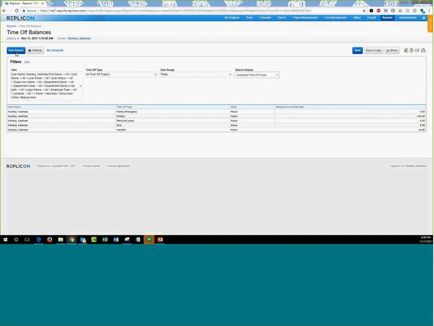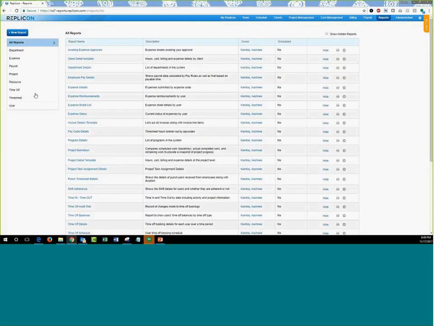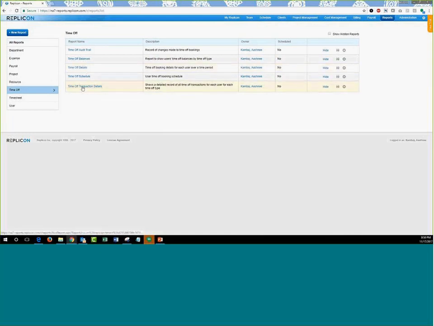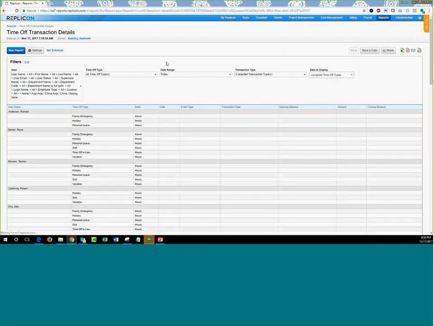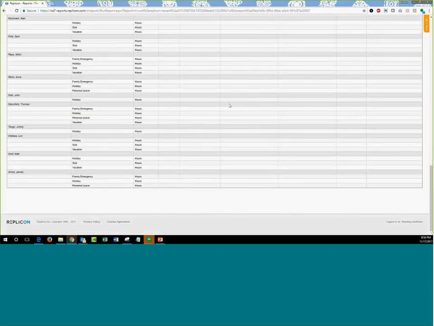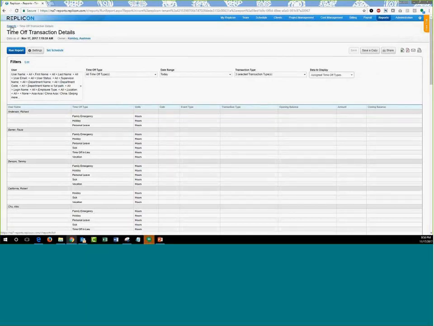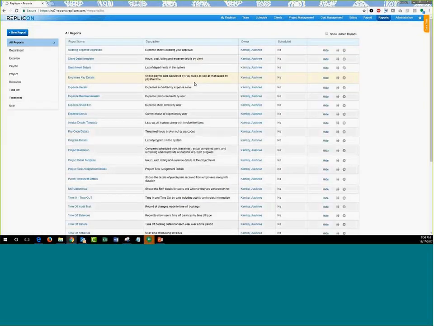And if you want to know complete details of the transactions that you have with regards to the time off, then we have a time off transaction report that you can make use of. So you can have a transaction report or details listed out here. If I run the report, it'll give me complete detail, as of today, per user, of what the time off type is, and if there were any transactions done for each of the time off types in the system. That will be listed out in this section. Well, that's about how you use the features of the new Replicon and enhanced version.